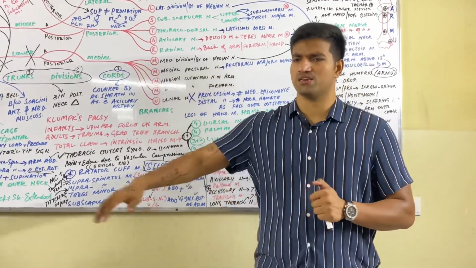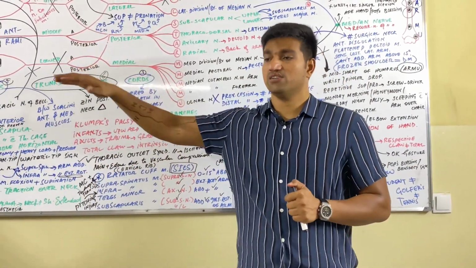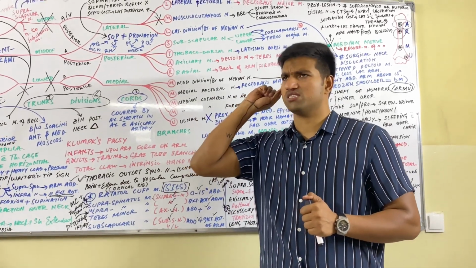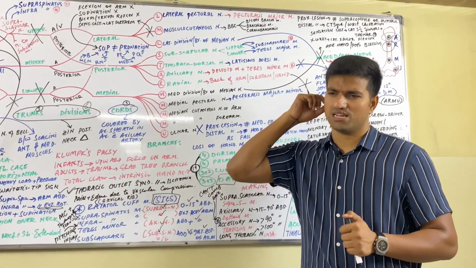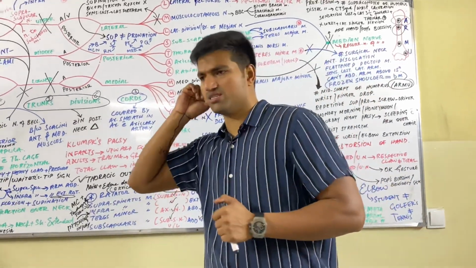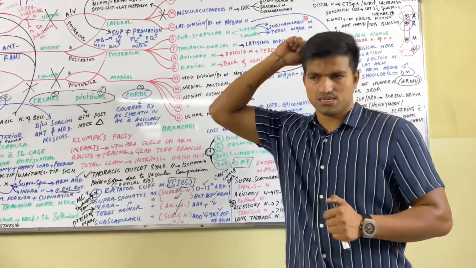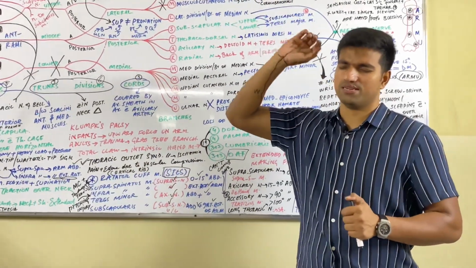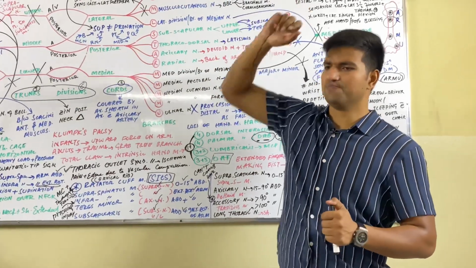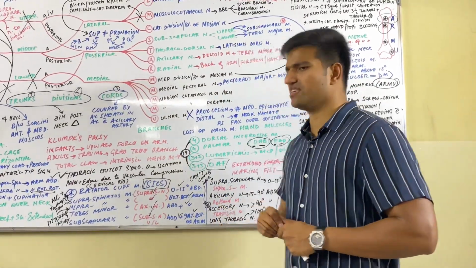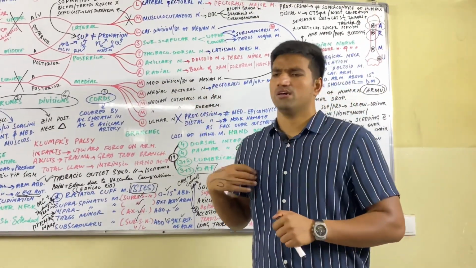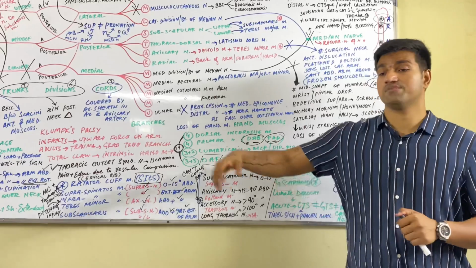Innervating the trapezius muscle, working above 90 degrees, you can't comb your hair if the accessory nerve is damaged, because the accessory nerve passes through the posterior triangle of the neck, and the main clinical feature they will ask in your exam is that the person cannot comb his hair. So there may be damage to the accessory nerve, because abduction above 90 degrees is the function of the accessory nerve via the trapezius muscle. Lastly we have the long thoracic nerve, which innervates the serratus anterior muscle, abduction above 100 degrees.